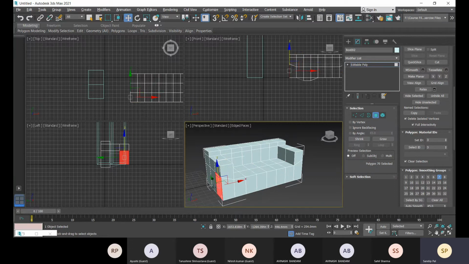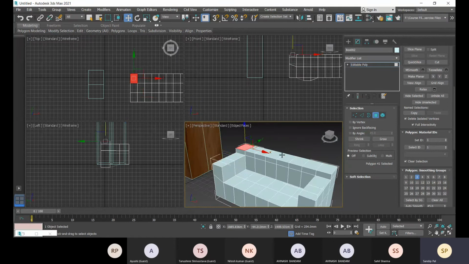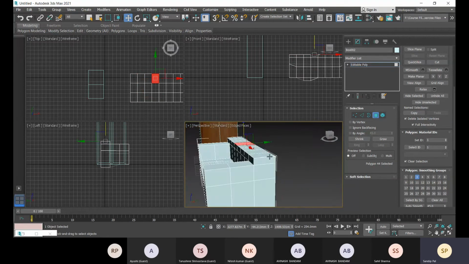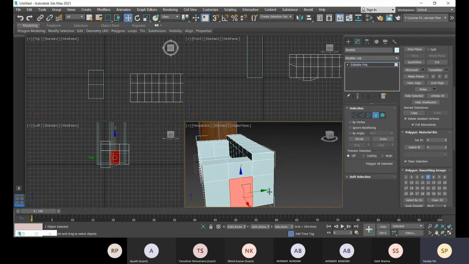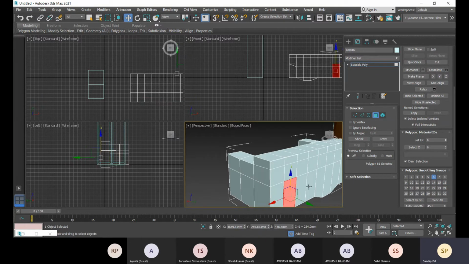This is 5. This is 3. This is also 3. This face is 1. This is also 1. Okay, this is 4. This is 6.